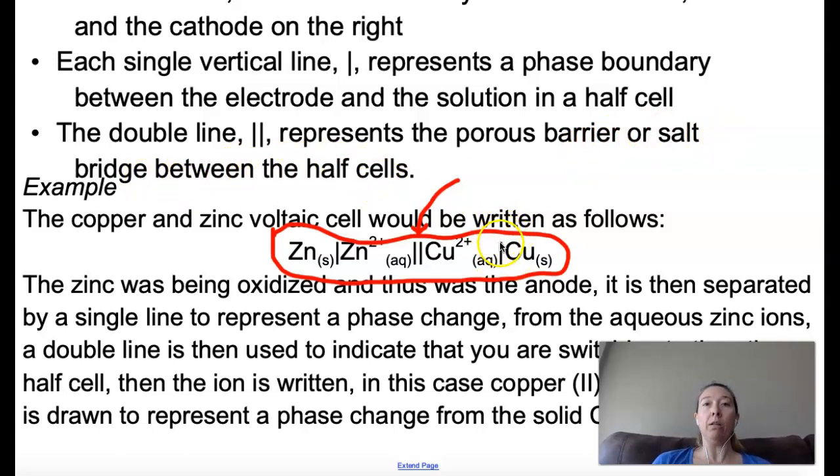Okay, the single lines that we also have basically mean that there's a phase boundary, right? So there's a difference in state between them. Because we have solids and we have aqueous, we use that single line to separate them. If we had a solid, aqueous, and a gas, we would also use an additional line to separate that as well. So double line represents the boundary between the two separate half cells, and single lines represent a change